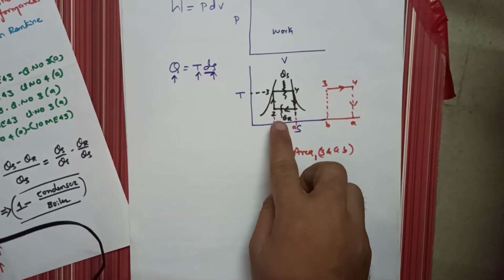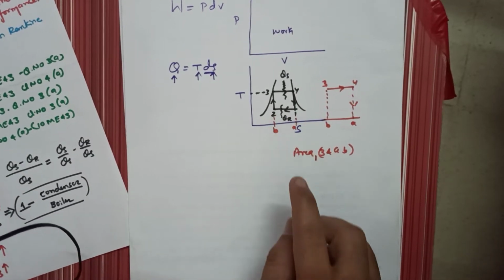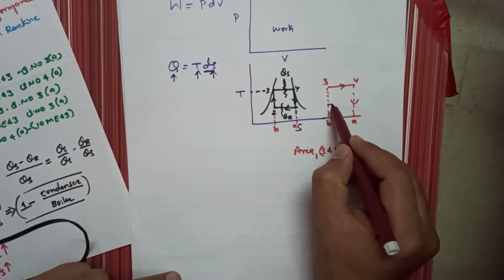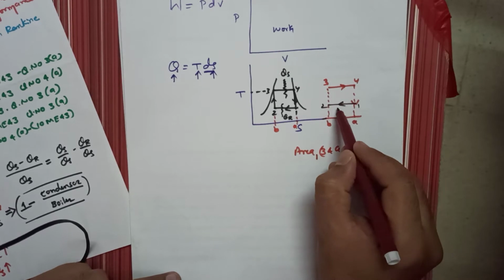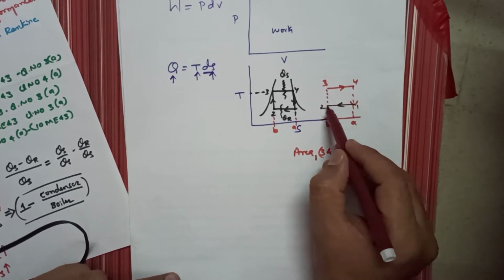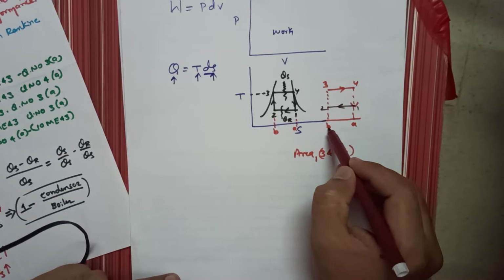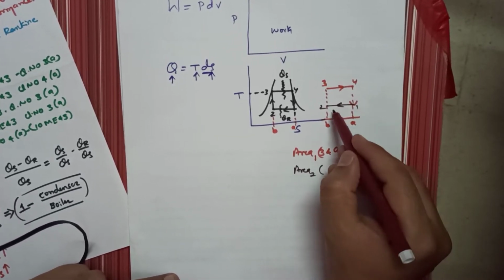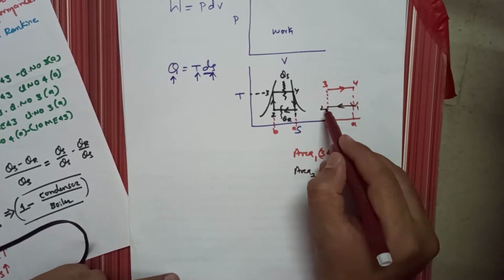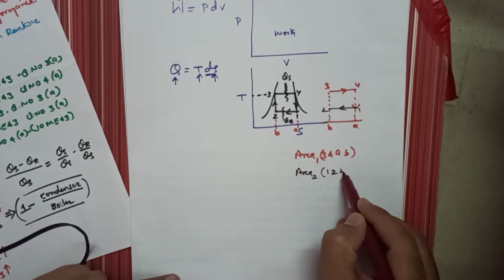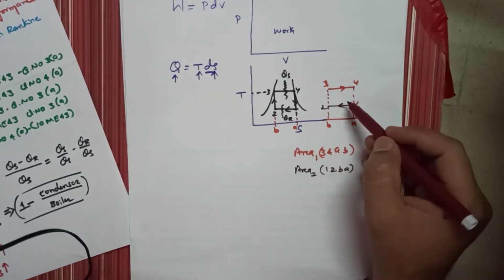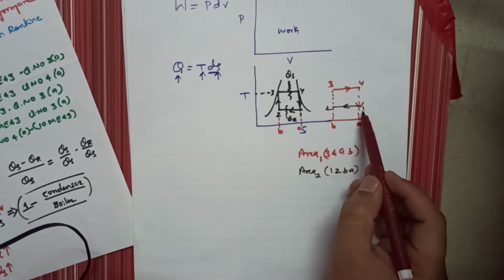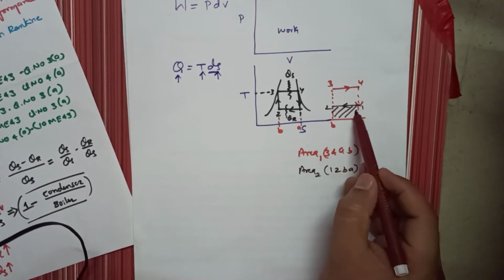Now you take the area below the curve 1 to 2. This is the 1 to 2 line. So the area below the curve 1 to 2 line is 1, 2, B, A, or A, B, 2, 1, whatever. This I will take as the second area, area 2. And dear students, compare these two areas. Which area is less? The value of this area is less.